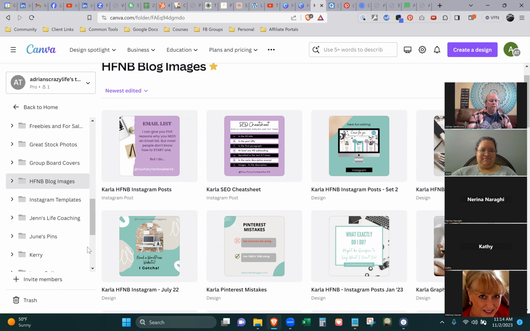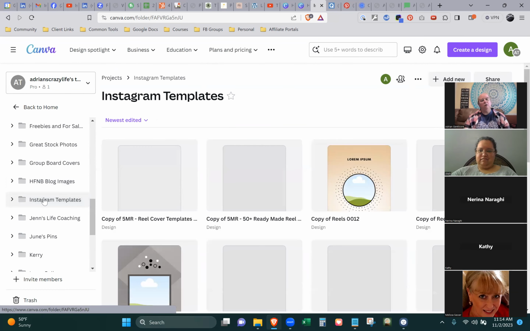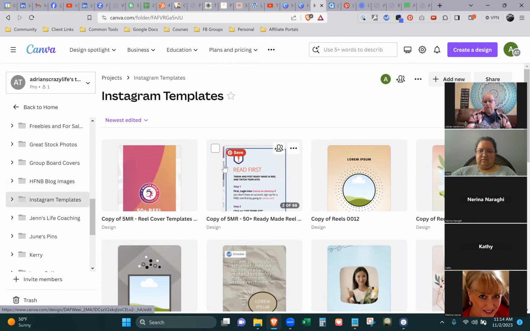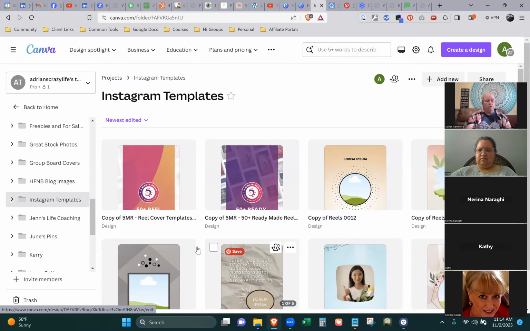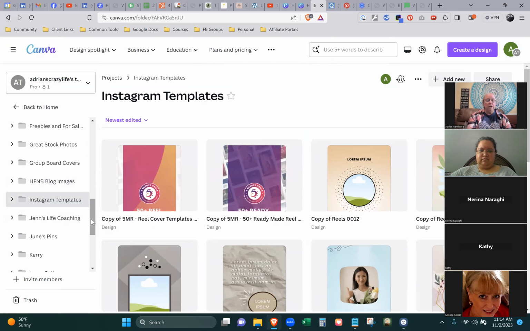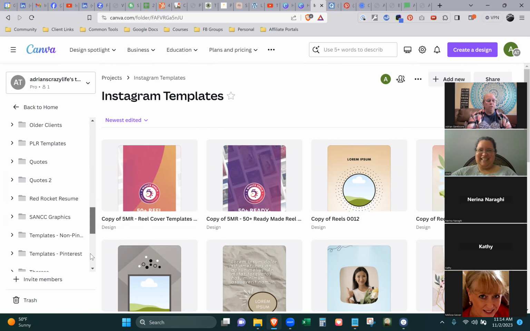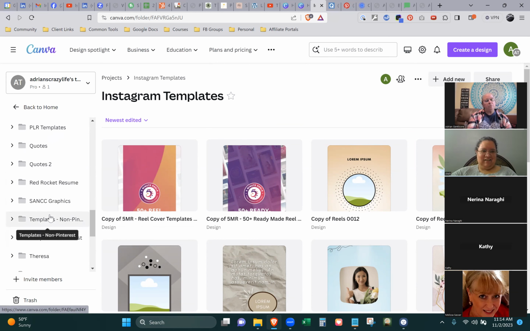So I actually had to split them into two different folders because I had so many. But you can buy templates that are already pre-made. These are actually ready-made reels that I bought, and you can customize these and change them into your brand colors, add in your own photos, and you can just kind of preview what all the different options are. So there's a ton of stuff that you can do. I'm kind of a template hoarder, so I've come up with tons and tons of different things, but you can